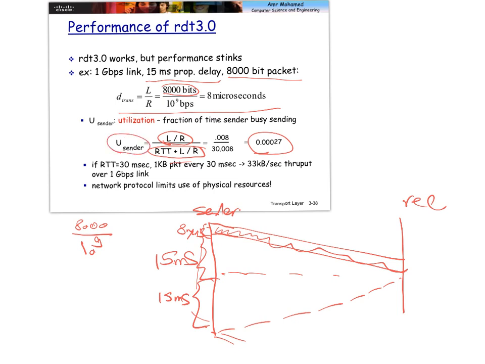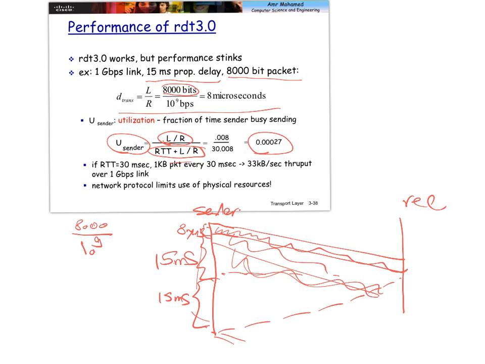This is the utilization from the sender point of view. This is the channel utilization. Channel utilization is the amount of time that I have effectively used the channel divided by the total amount of time, which corresponds to the propagation time plus the transmission time. This is the utilization of the channel, which is very low. So we want to be able to utilize the channel for more than this without having to wait, which means that we need to be able to send many, many packets without having to wait for acknowledgement.